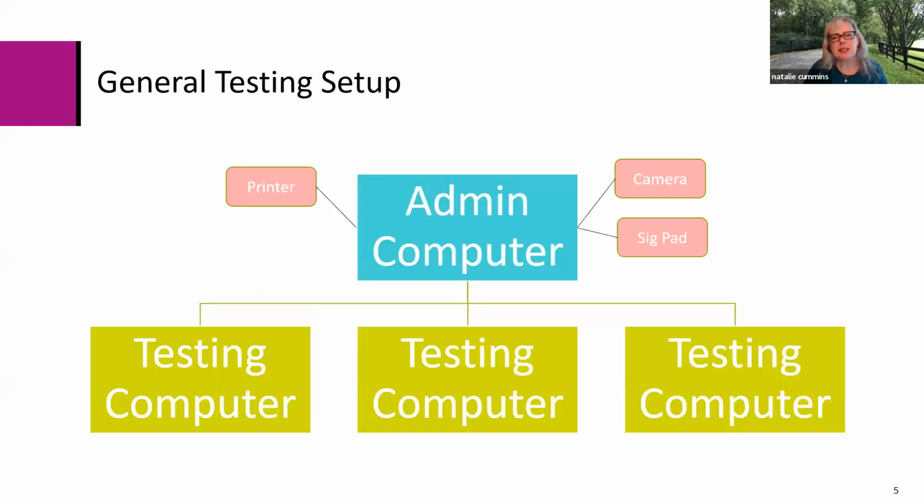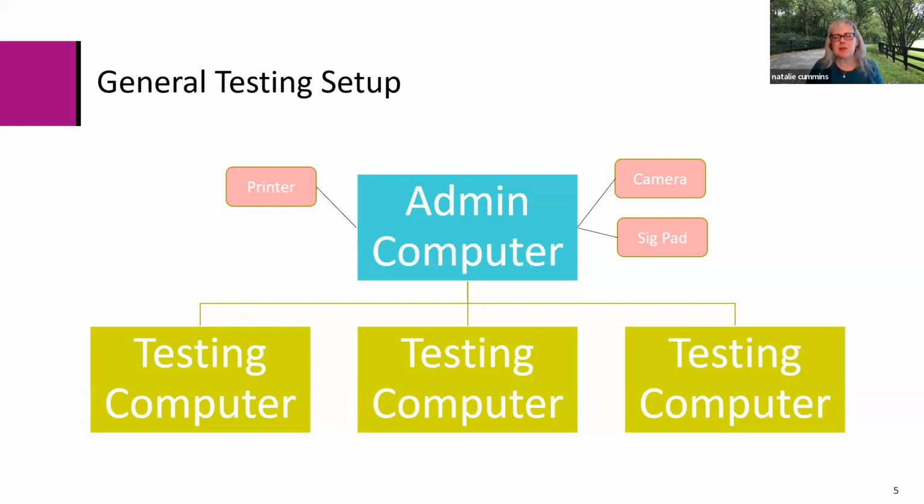So here is a general testing setup, and allow me to describe this graphic a little bit. There are several boxes on here. A testing center is set up generally with an admin computer, and every PVTC, or Pearson VUE Testing Center, needs to have an admin computer. In a mobile setup, these are laptops. And that admin computer is connected to testing computers in a local area network. I have 3 testing computers pictured here. That does not mean you are limited to 3. You are limited to 15, but you can have just 1 testing computer. So keep that in mind.